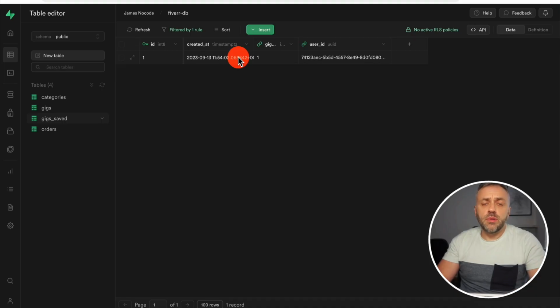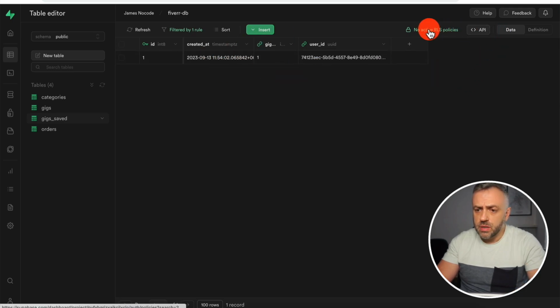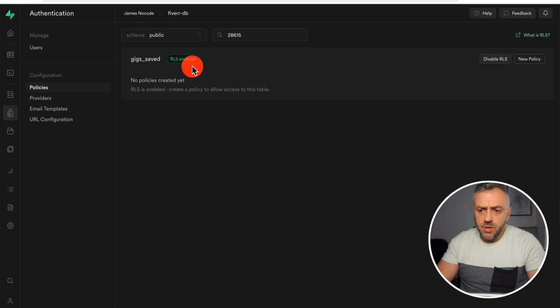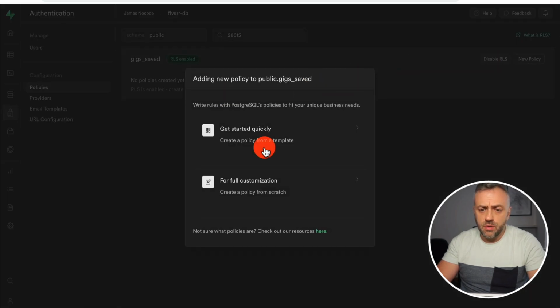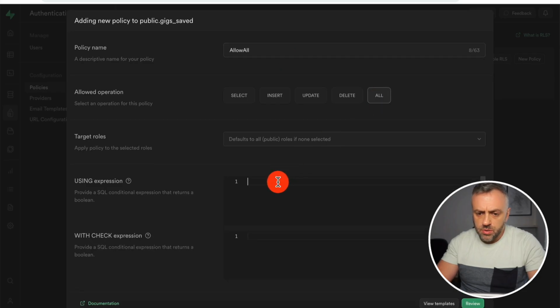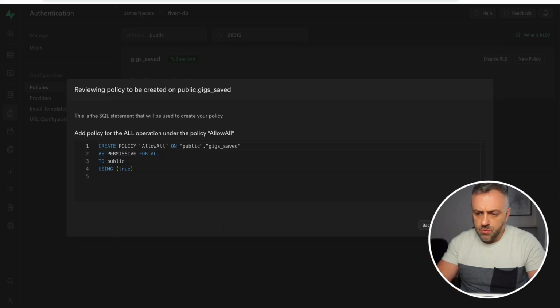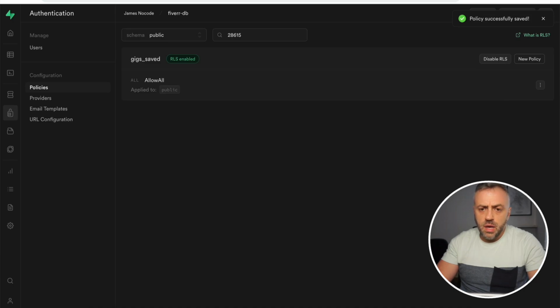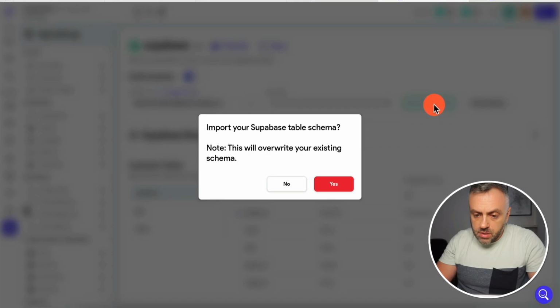This is called a relational database. Now, before we test out our app, we need to make sure that we have the proper policies for this new table that we created here. So if you click on RLS policies here, you need to create a new policy just like we did with the other tables. So I'm going to say allow all. This is going to return true, review, save policy,